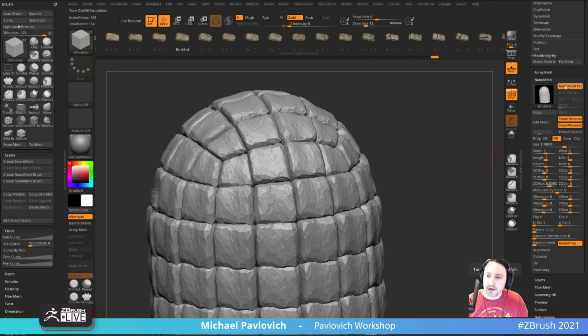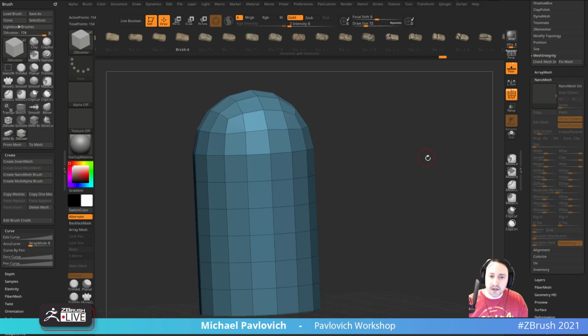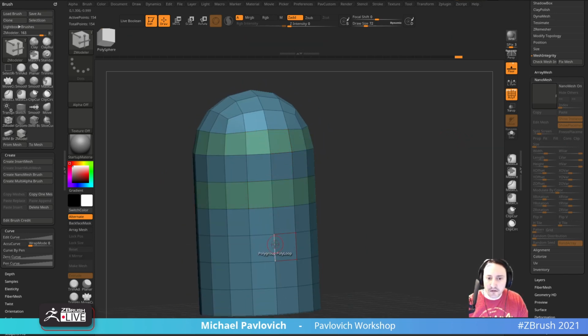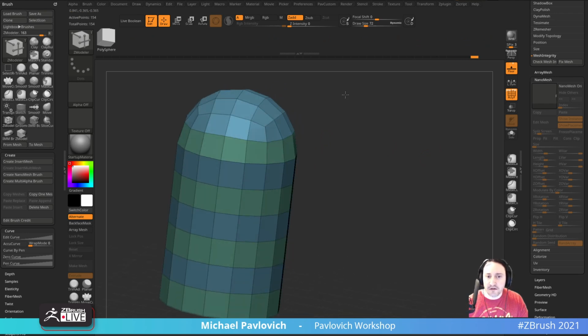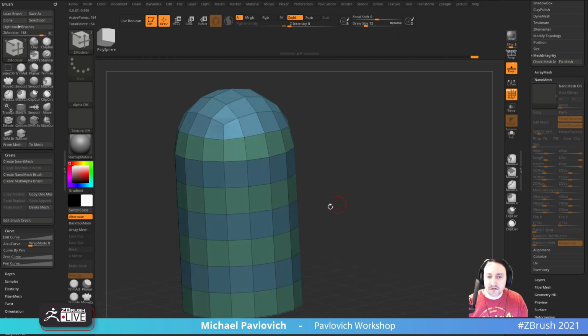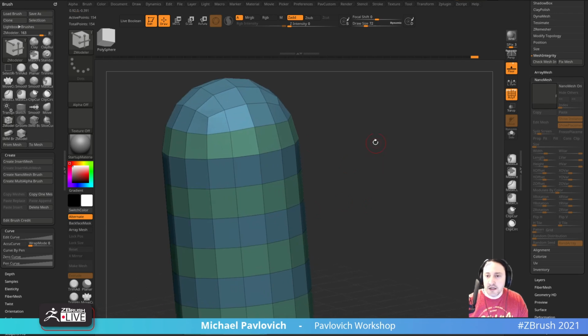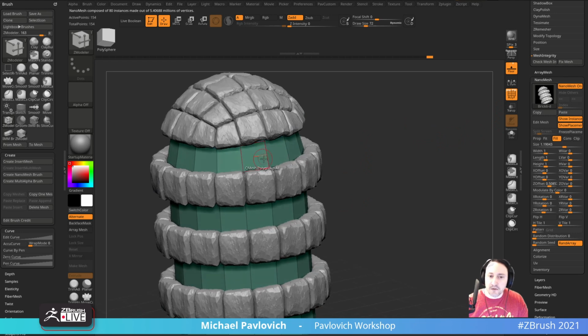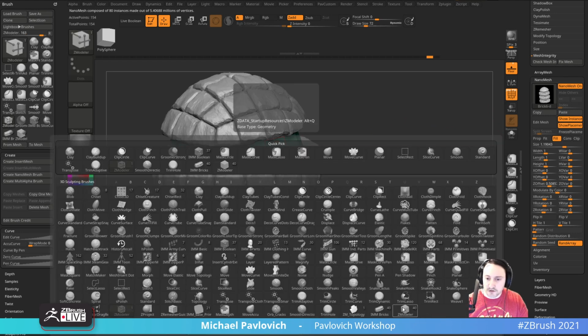In that case, probably the easiest way to do it, let's go ahead and say Nanomesh off, would be literally just to go through here and say, okay, let's polygroup, polyloop here, here, here, and here. So on these ones, I can go through and rotate the Nanomesh properties as needed. So we'll turn our Nanomesh back on. We're going to say copy, and then we're going to drag out on this one, brush, ZModeler,